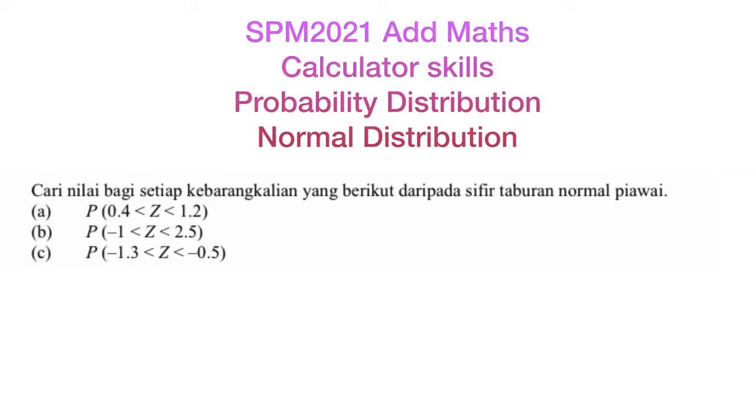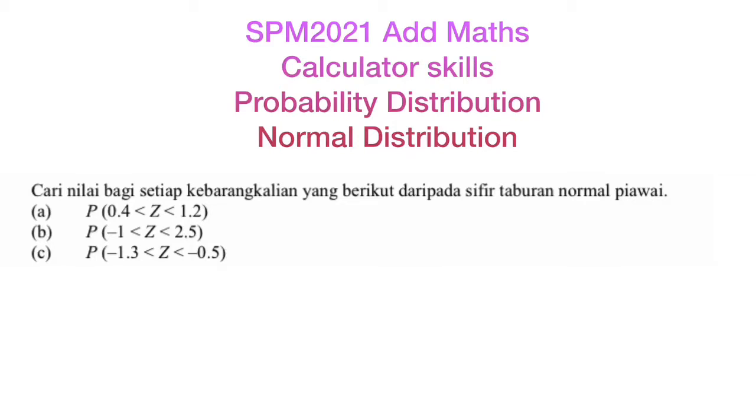It's very simple. For B, you also do the same: the lower is -1, the upper is 2.5. Alright, and for C, you want to find the probability for z-score greater than